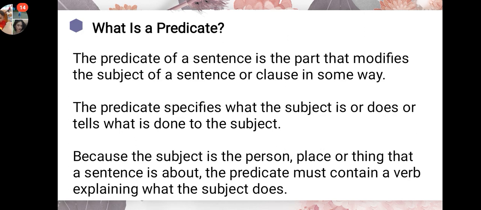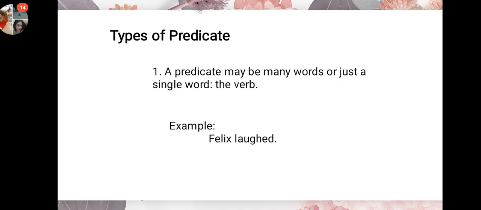So what is a predicate? The predicate of the sentence is the part that modifies the subject of a sentence or clause in some way. The predicate specifies what the subject is or tells what is done to the subject. Because the subject is the person, place, or thing that a sentence is about, the predicate must contain a verb explaining the subject. So there are types of predicate. First is a predicate